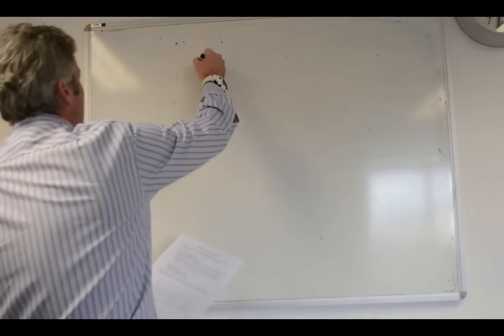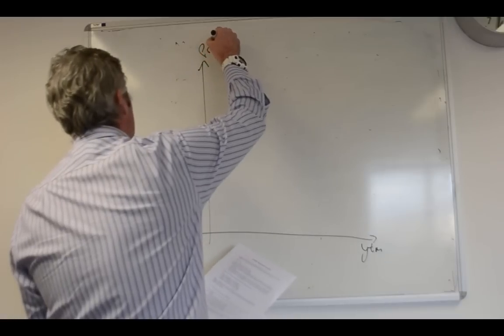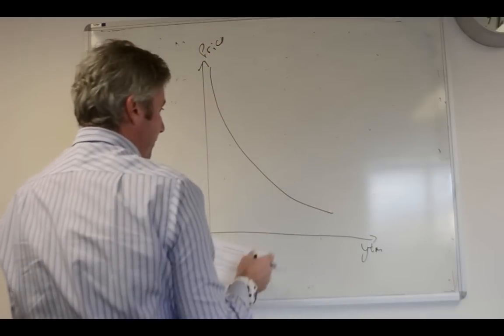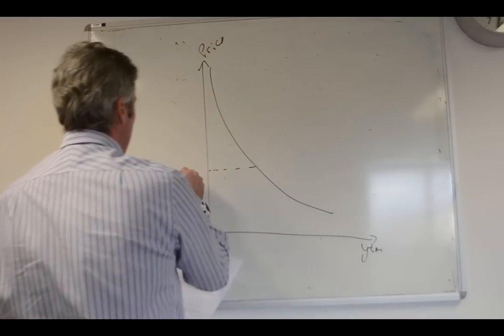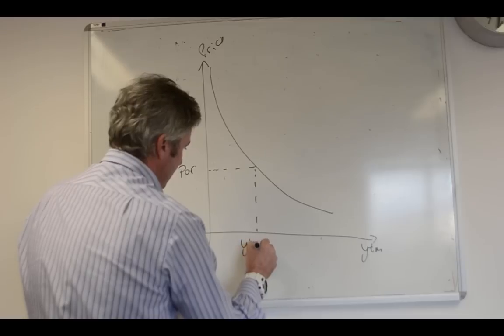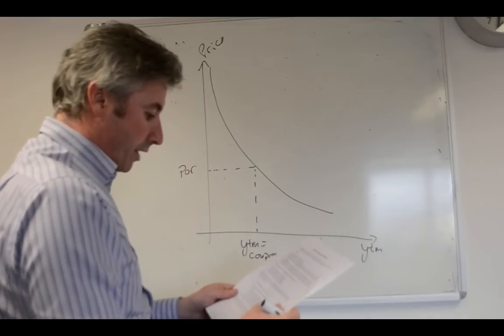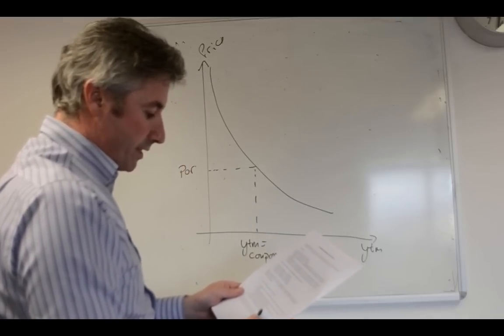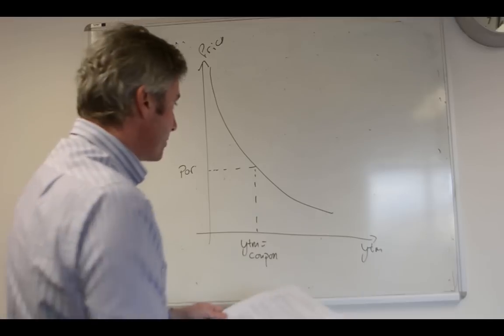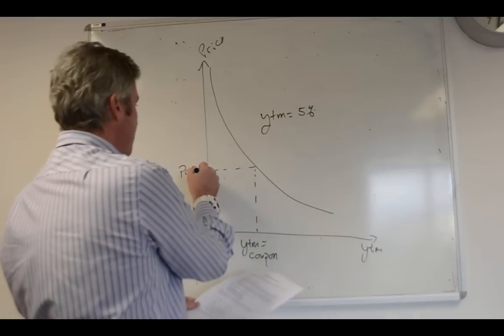So how can we solve this problem? Well, initially we could be confused, but then if we remember the relationship between yield to maturity and price, such that when the bond is priced at par, the yield to maturity must equal the coupon. So since this bond is priced at par and the coupon is 5%, the yield to maturity must also be equal to 5%,